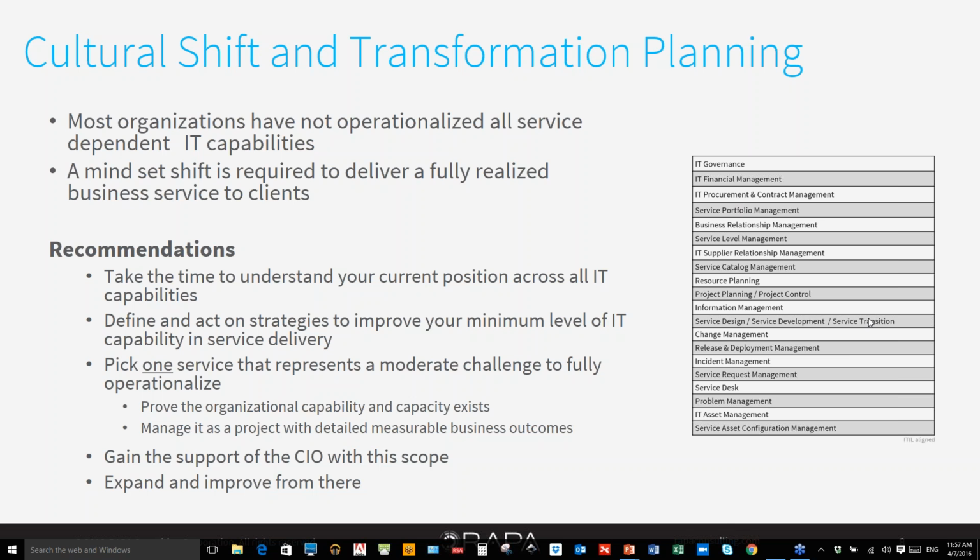Exactly. And to narrow it even more, because again, we believe in measurability on everything, don't apply the strategy that you're looking at to every single IT capability, or every single service, I should say. Maybe pick one that is representative of a moderately challenging service. Maybe it's consuming multiple asset types, you have to cross multiple departments in IT, or multiple systems, complexity of system. Choose something that's moderately challenging, because it'll give you a good representation of what you need to achieve in your organization, and prove that you have the capability and the capacity to deliver,